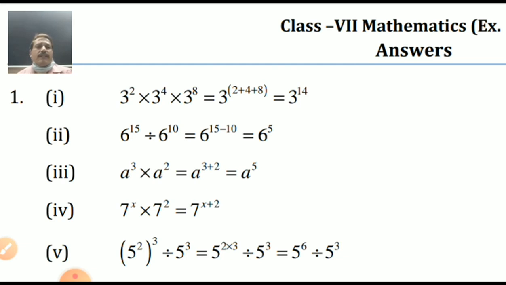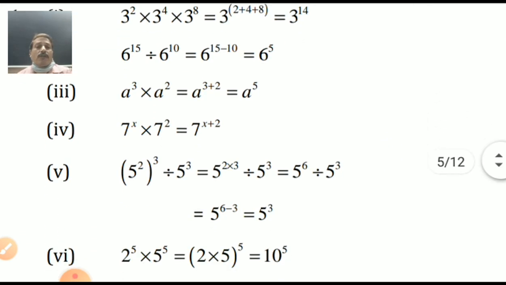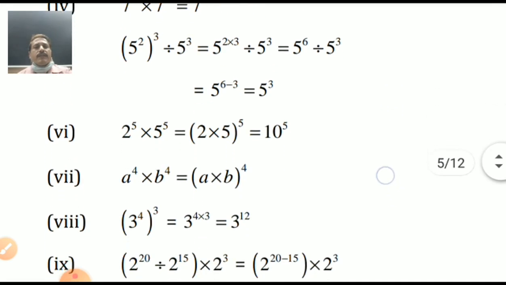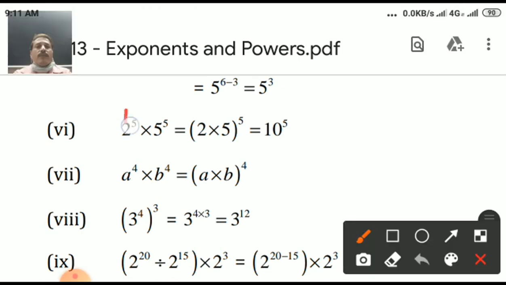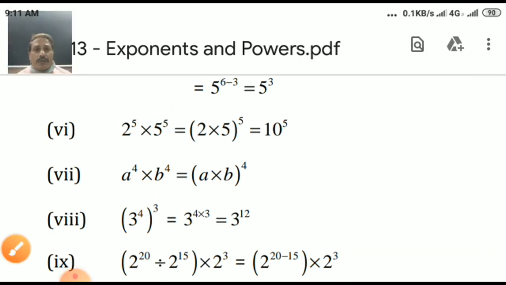See, the next thing is here. Yes, power of power. Don't worry. Power of power means multiply. 2 raised to 3, 6. 5 raised to 6 divided by 5 raised to 3 gives me 6 minus 3, 5 raised to 3. Yes, here both the powers are common. See, the power is common, 5, 5. Can you see here? And the bases are different, 2 and 5. Don't worry.